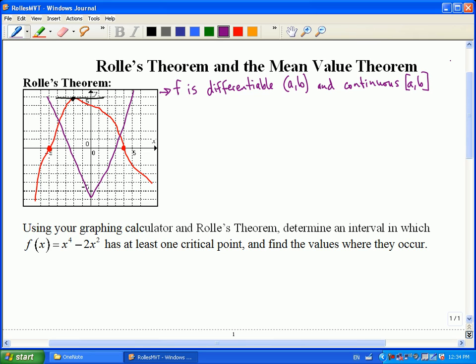So it has to exist at the endpoints as well. But basically we're saying everywhere you go in the middle, I should be able to make a tangent. It should be differentiable. And if it's differentiable everywhere in the middle, it's continuous in the middle. So really all we're saying is the endpoints have to exist. It has to be well behaved. If that's the case,